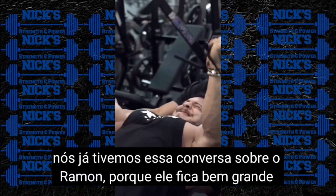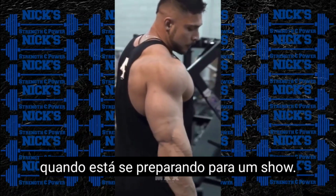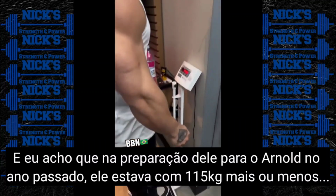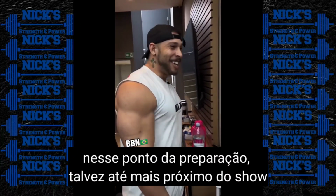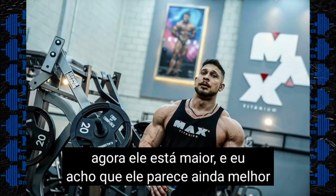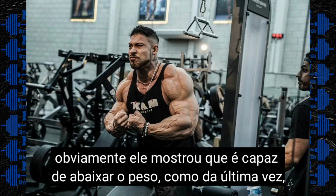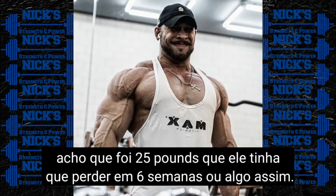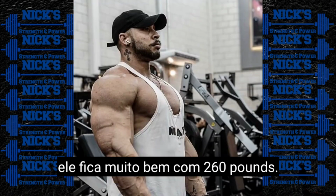5 weeks. And we've had this conversation before with Ramon because he gets pretty big going into a show. And I want to say last year, his Arnold Classic prep, he was maybe 115 kilos at this point in his prep, maybe even closer to the show. So now he's even bigger, and I think he looks even better. So obviously he's already shown that he is capable of sucking down to that weight limit. Even like last time, maybe it was like 25 pounds that he had to lose in 6 weeks or whatever. So we know that he is capable of doing it, but it's just like, man, this guy looks good at